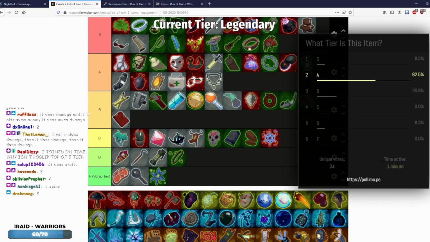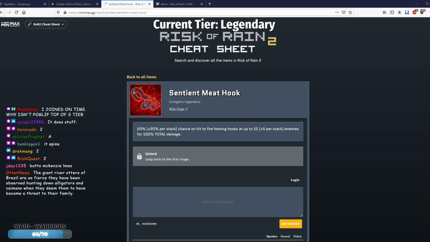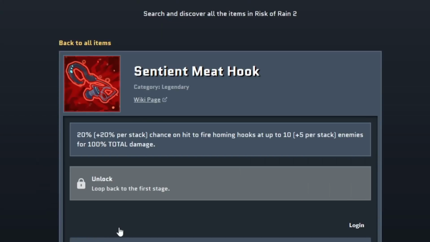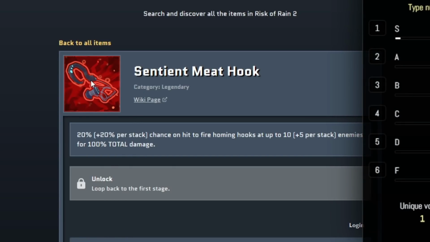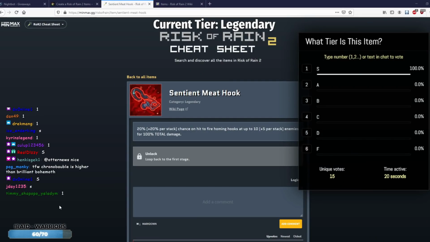Oh, I really don't have to deal with the fallout of this. Sentient Meathook. Ooh, this is basically... Okay, this is better ukulele in every sense of the way. In literally every aspect, this is better ukulele. 20% chance to hit 10 enemies for 100% total damage. And it increases the chance per stack and the amount of enemies hit per stack. It is literally just a better version of the ukulele in every...